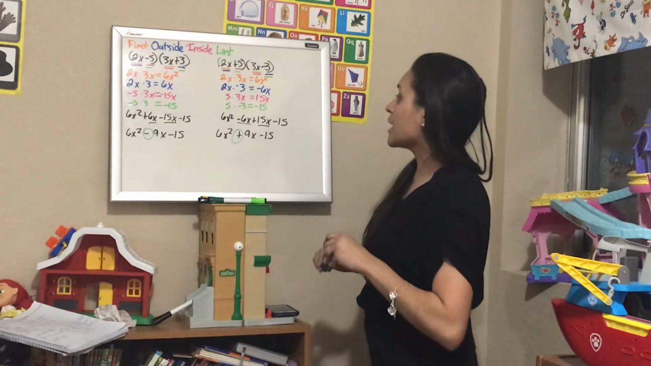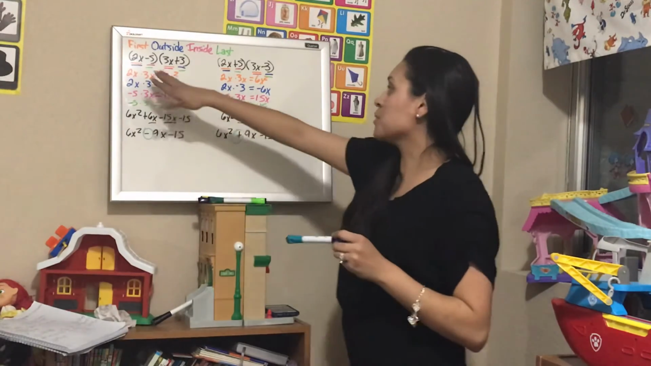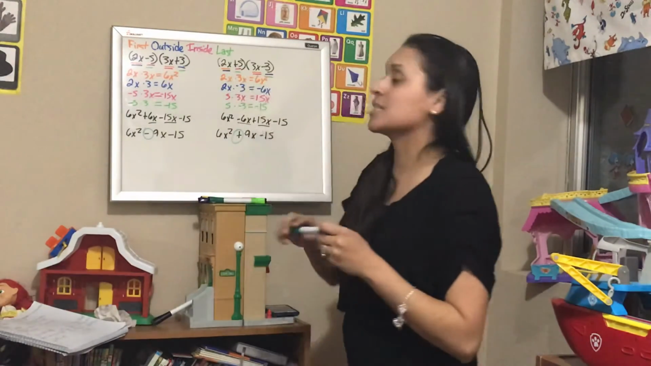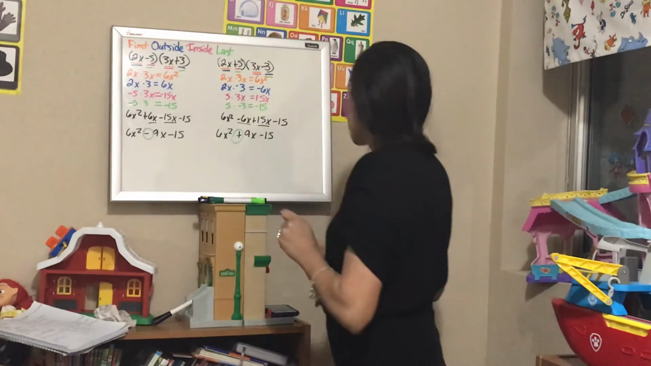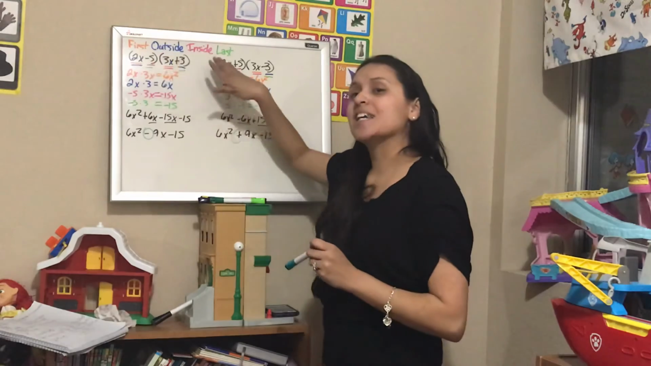So those are two completely different answers. That's why it's very important to pay attention to your positive and negative on your terms. Now remember, FOIL: first, outside, inside,